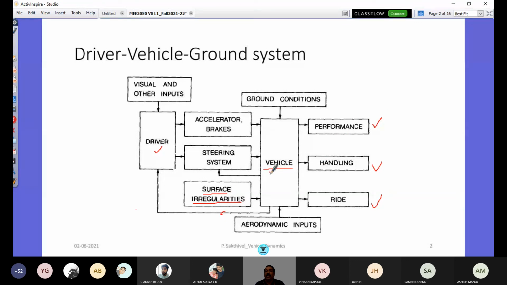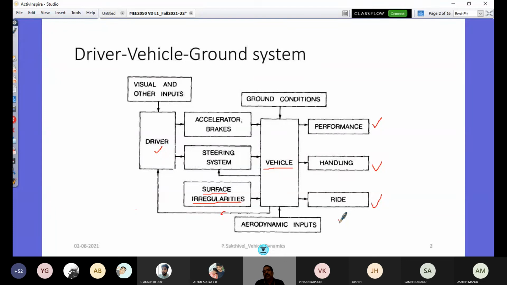And then you see ride. So ride is comfort. So how comfortable we are while traveling in a vehicle. How comfortable the driver is. So a driver has to drive his vehicle for, say, continuously 8 hours. No problem. Maybe he has to stop in between for a natural call. Otherwise, he can drive comfortably without any fatigue, which is what we call the vehicle ride aspects.